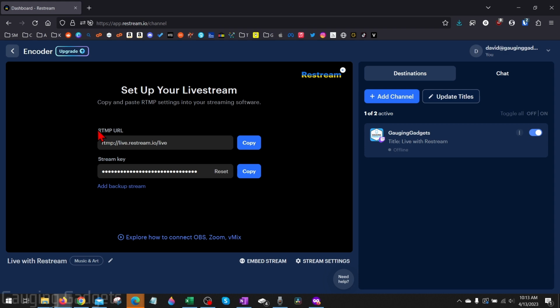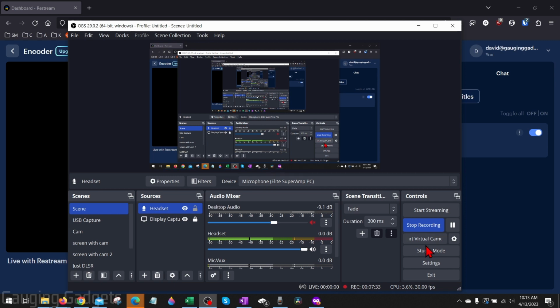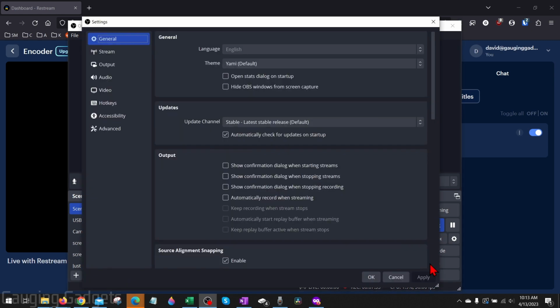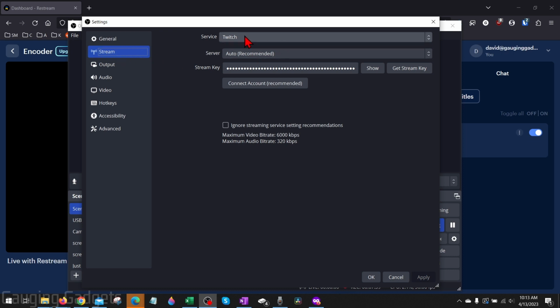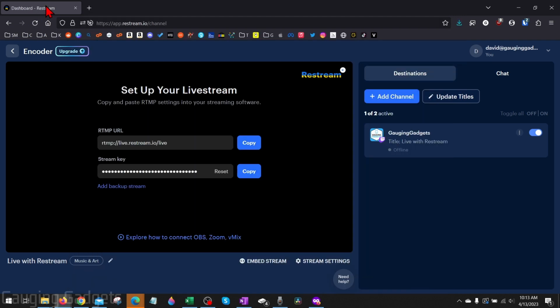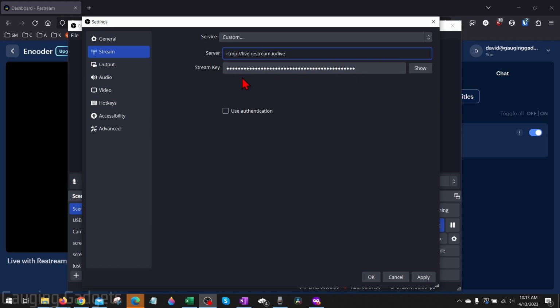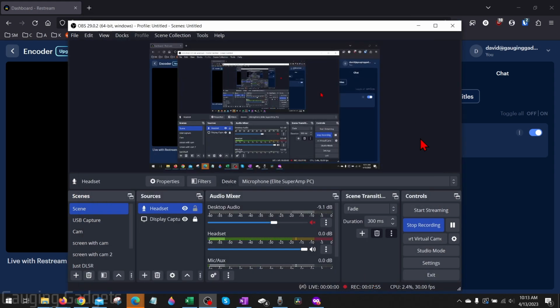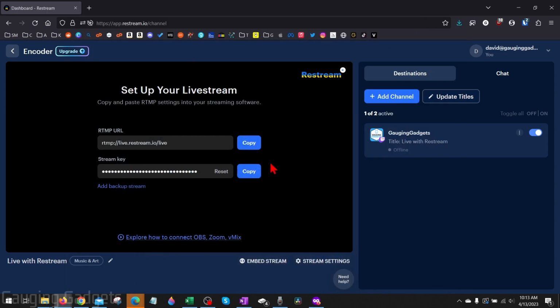Once you do that, you'll be given an RTMP URL and a stream key. Copy your URL. Then we just need to go into the settings in OBS down here. Select Stream in the settings. And then when you select your service, select Custom, and then add the server URL. Then go back to Restream, copy the stream key, and then paste the stream key right here. Select OK, and then now when you select Start Streaming on OBS, you'll then see the stream show up on Restream,